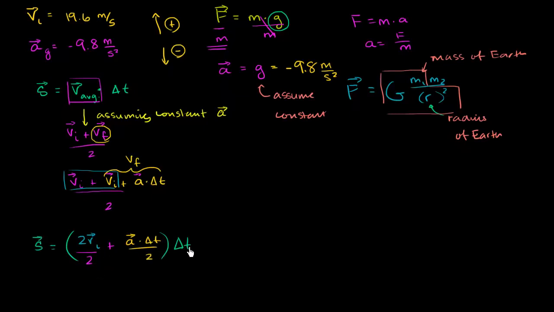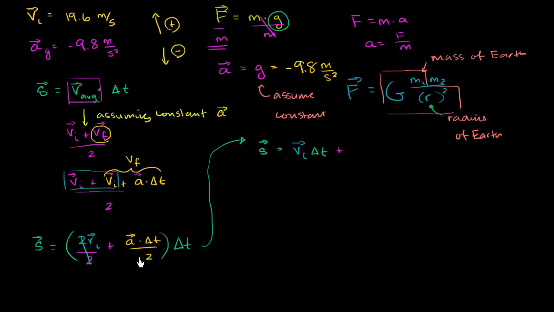This is displacement. And let's see, we can multiply the change in time times all of this. And actually, these 2's cancel out. And we get, I'll continue it over here so I can use all of the real estate, that displacement is equal to initial velocity times change in time. A lot of times in physics books or traditional physics classes, they'll just write time there, but it's really change in time. It's not super wrong if there's just a t here, but change in time is a little bit more accurate. And then plus